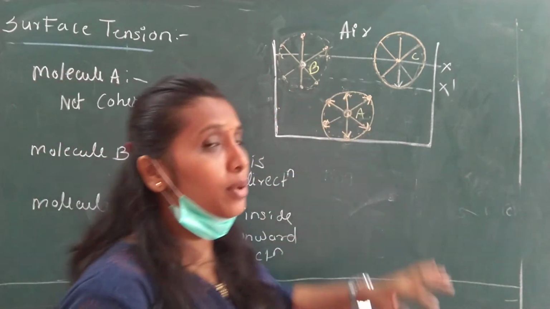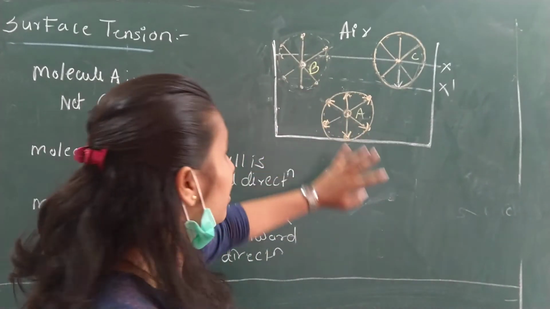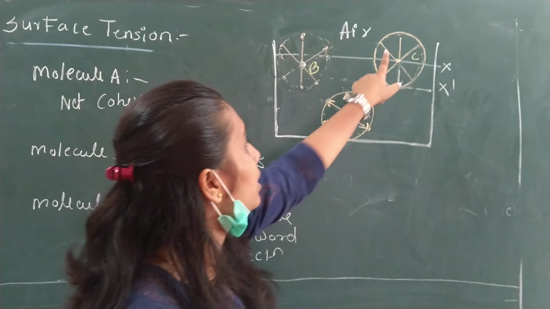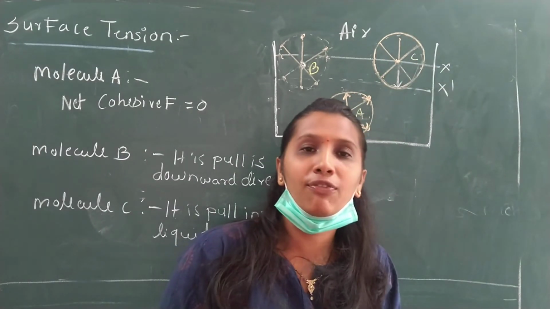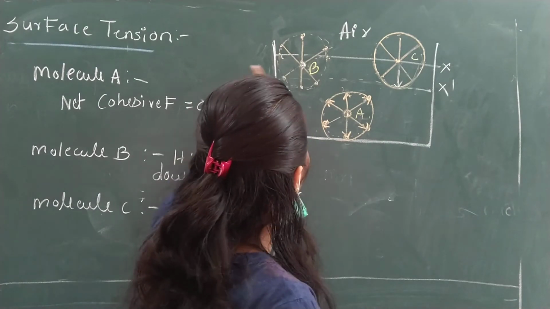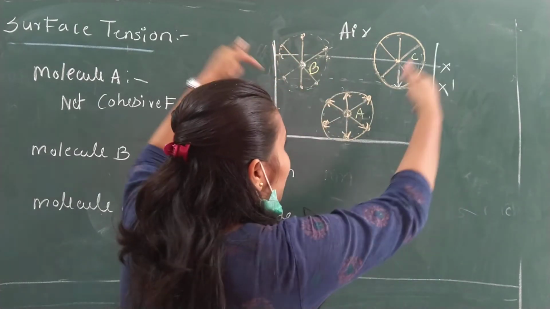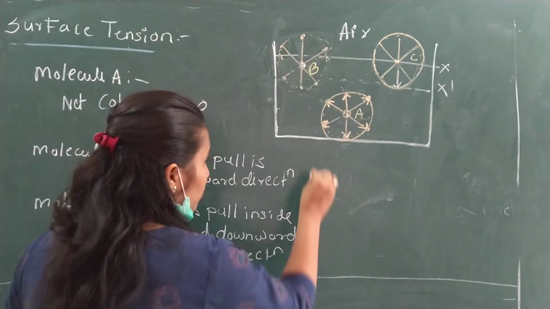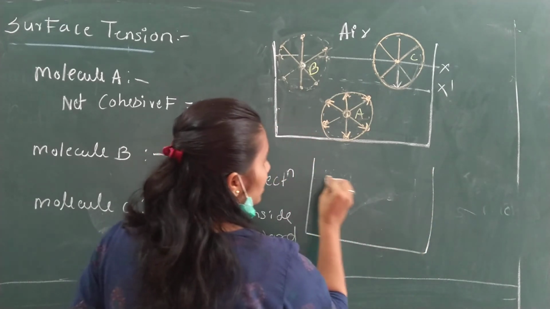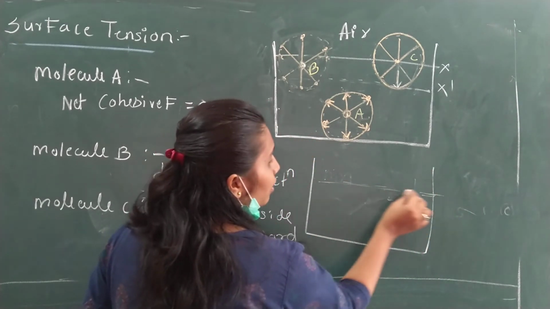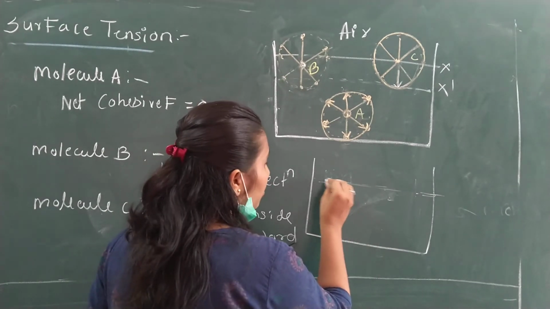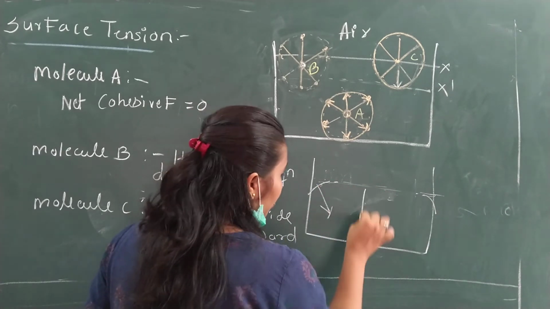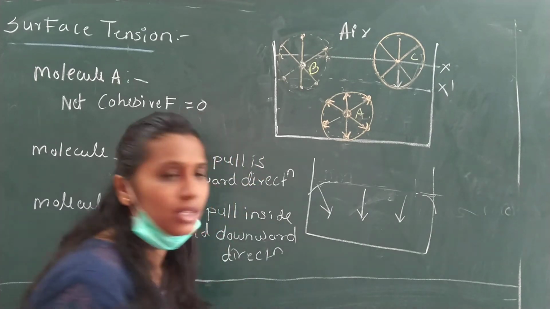So we are talking about a few molecules. One I have taken completely inside the liquid, one I have taken just below the surface of the liquid, and one I have taken exactly at the surface of the liquid. But what we have found is that all the molecules which are lying on the surface of the liquid are trying to minimize the area and come at the bottom or go in a downward direction. So if this was my beaker and if this is your surface, and we consider a number of N molecules on the surface, they will try to go inside the liquid, or they will get pulled inside the liquid because of strong cohesive force.